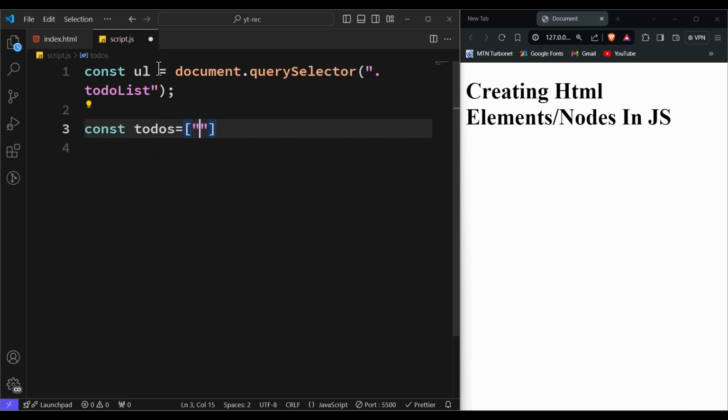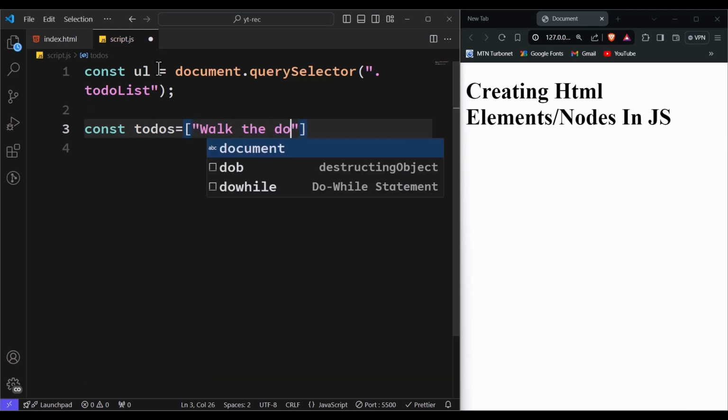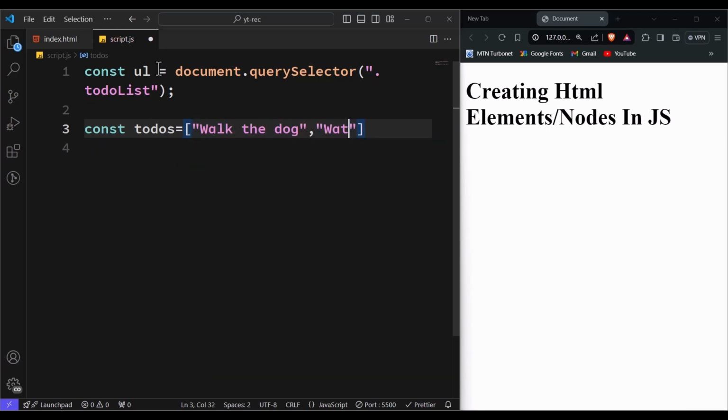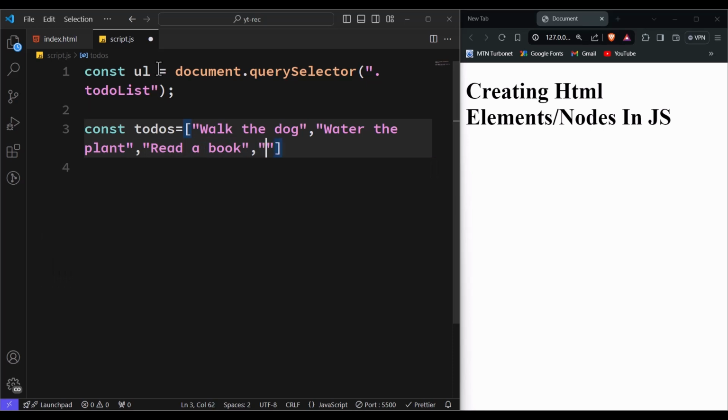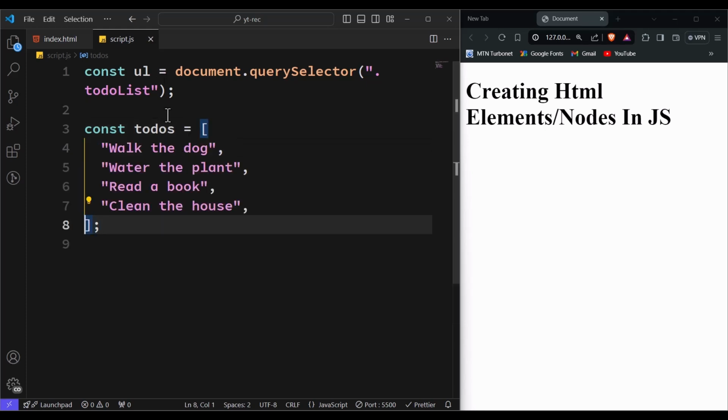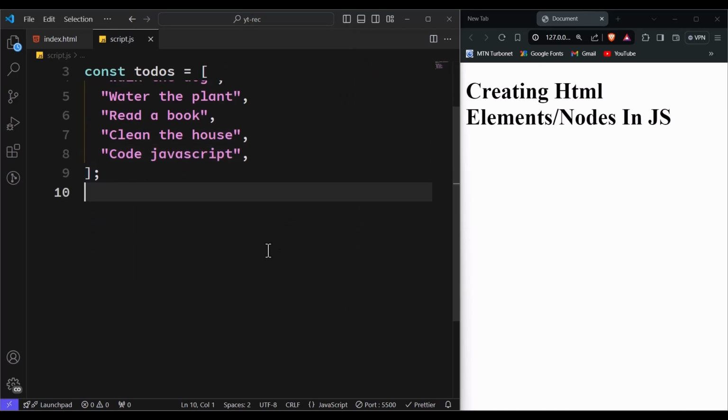So I'll just put here, say walk the dog, water the plant, read a book, what else? Clean the house. And I think it's enough. I can just put something here. Let's say code JavaScript and save. So what I'll do is we'll loop through these to-dos array and then create a list item